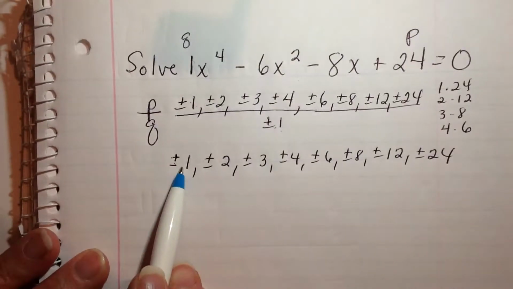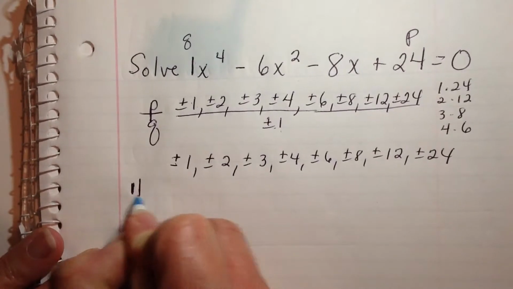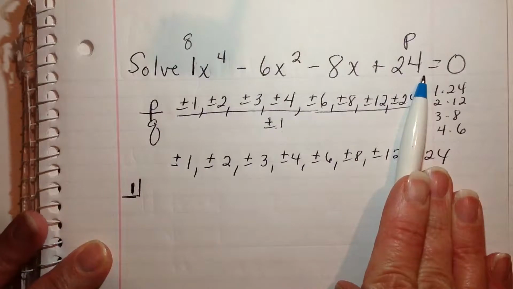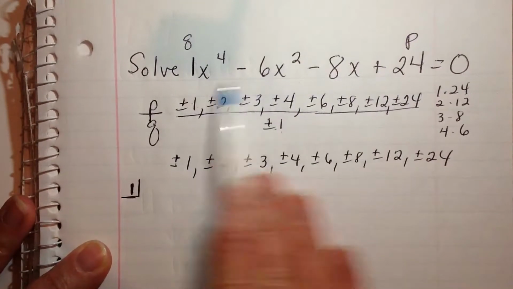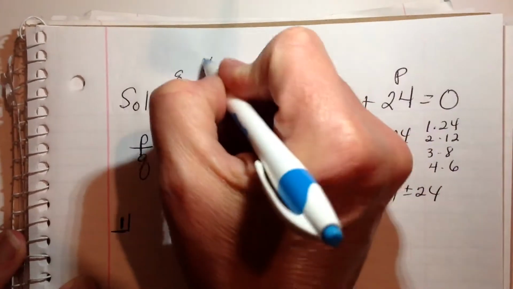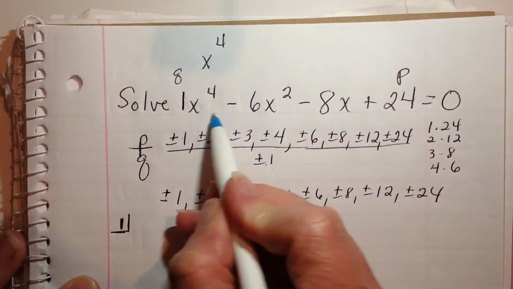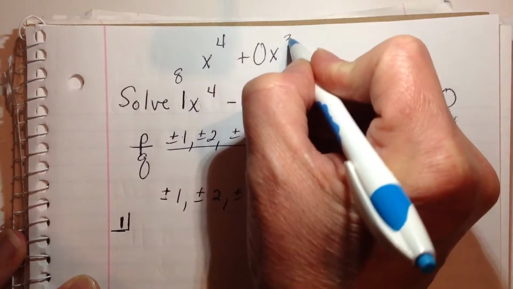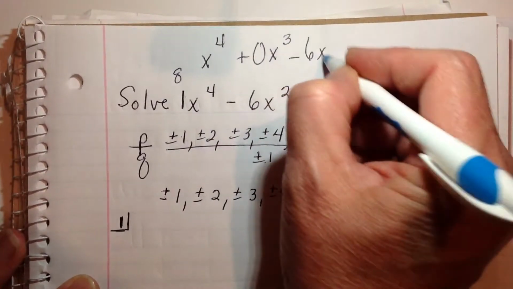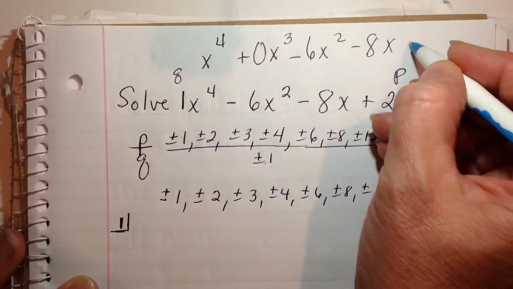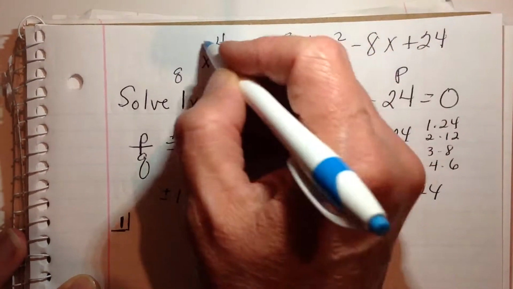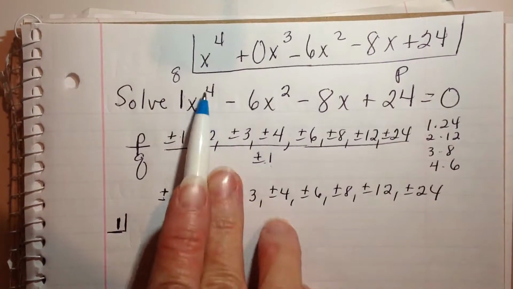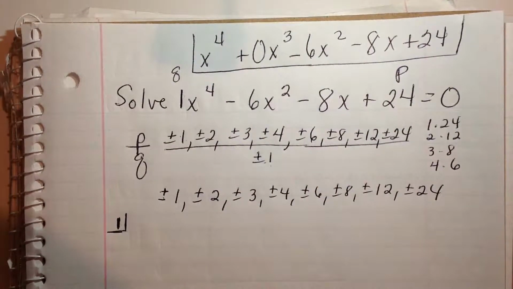So let's start testing positive 1. We want to make sure that everything is in descending order and that we're not missing any terms. Looking at my original problem, I have an x to the fourth, but I'm missing an x cubed. So I need to put in 0x cubed minus 6x squared minus 8x plus 24. So this ends up being the polynomial that I will use